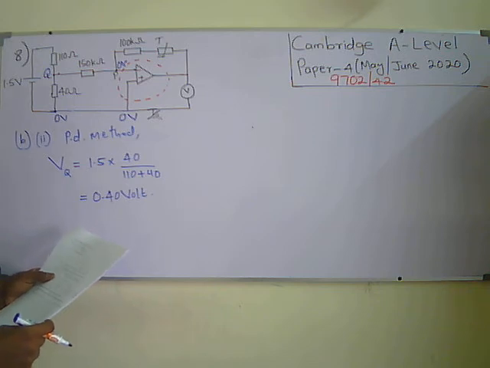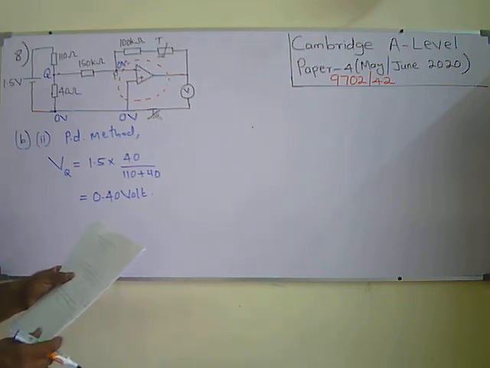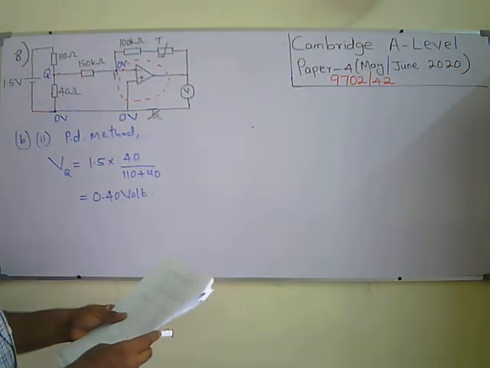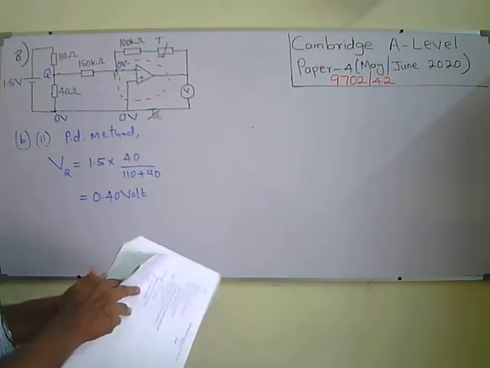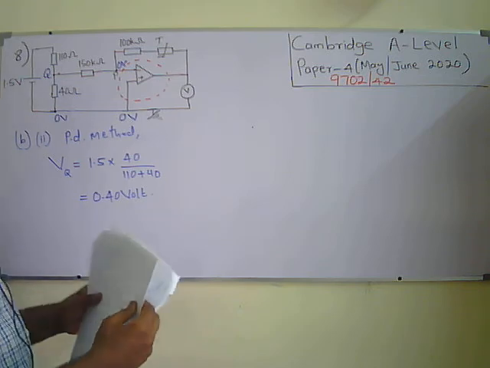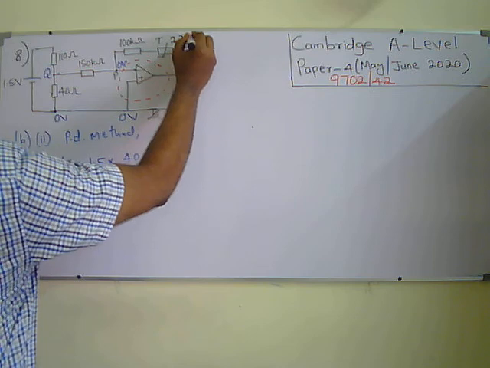So the third part, the question is: at a temperature of 13 degrees Celsius, the resistance of the thermistor T is 230 kilo ohms. Okay, so they are giving that at 13 degrees Celsius, the resistance of the thermistor T is 230 kilo ohm.